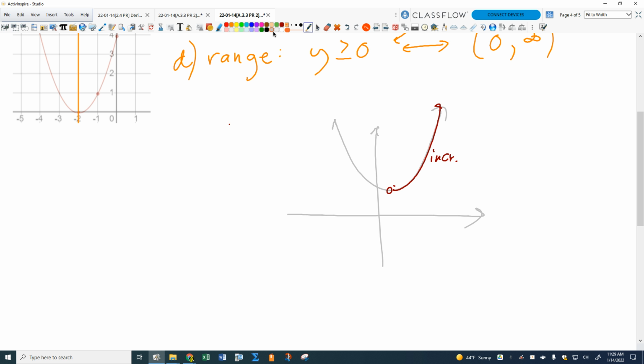Now, if we've got a function that's opening down, it's going to be the opposite. Now the function's going to be increasing to the left of the vertex, right? Because now the ant's always walking in the positive x direction. He'd be walking uphill until he gets to the vertex. Agreed? Okay, so for our function then,